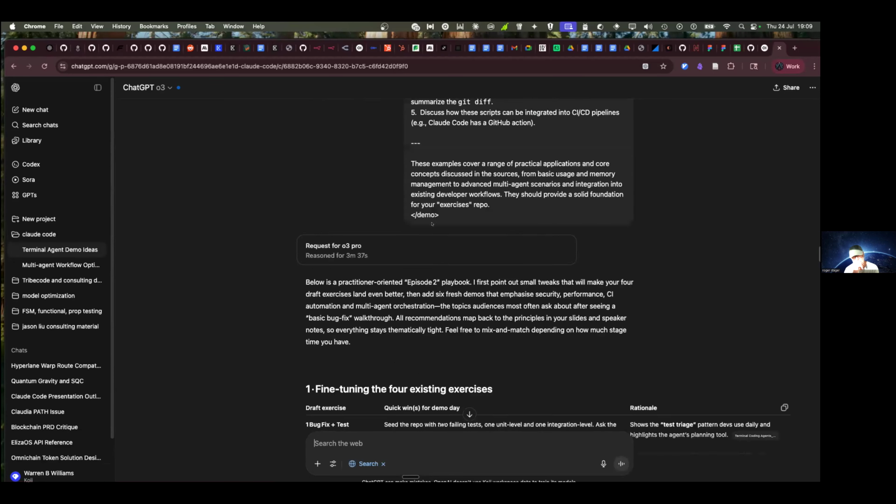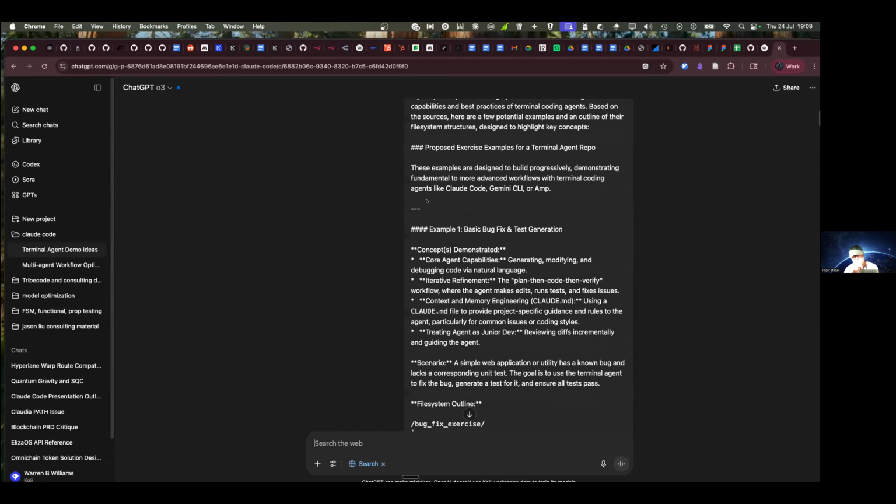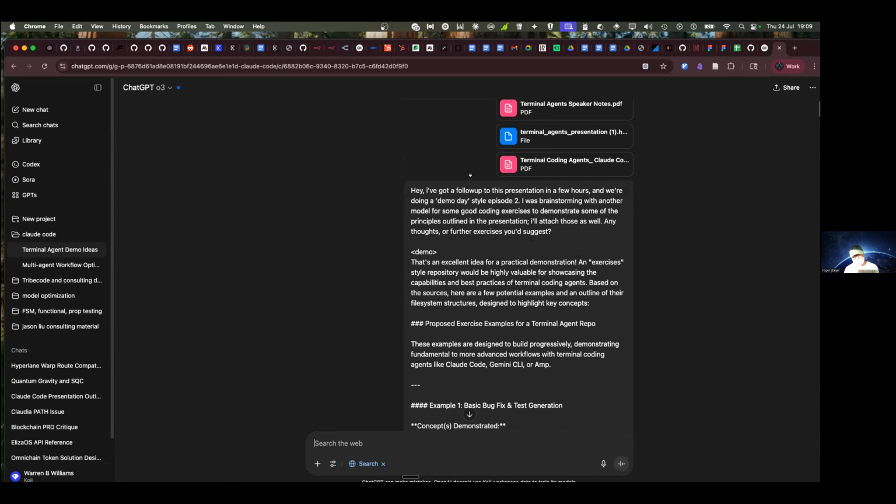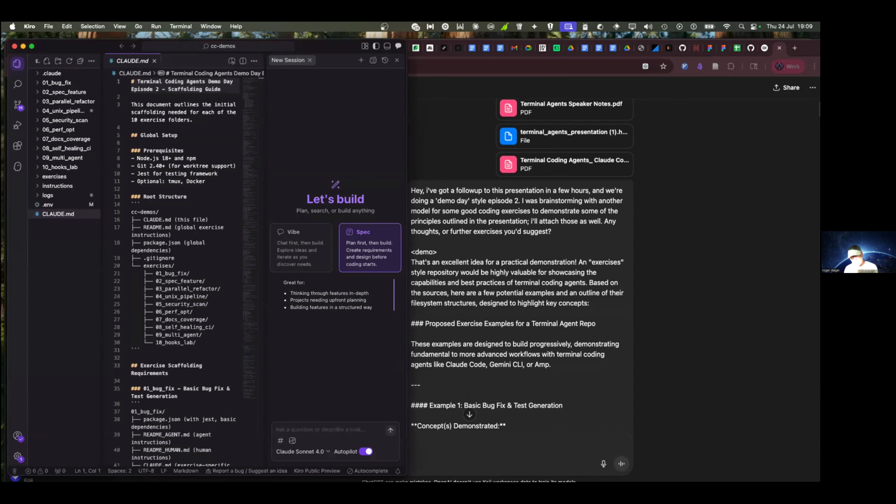Okay, so this isn't exactly the methodology that I would necessarily think is optimal for specs. The thing with the spec, and why I think something like Kiro can be quite useful, is